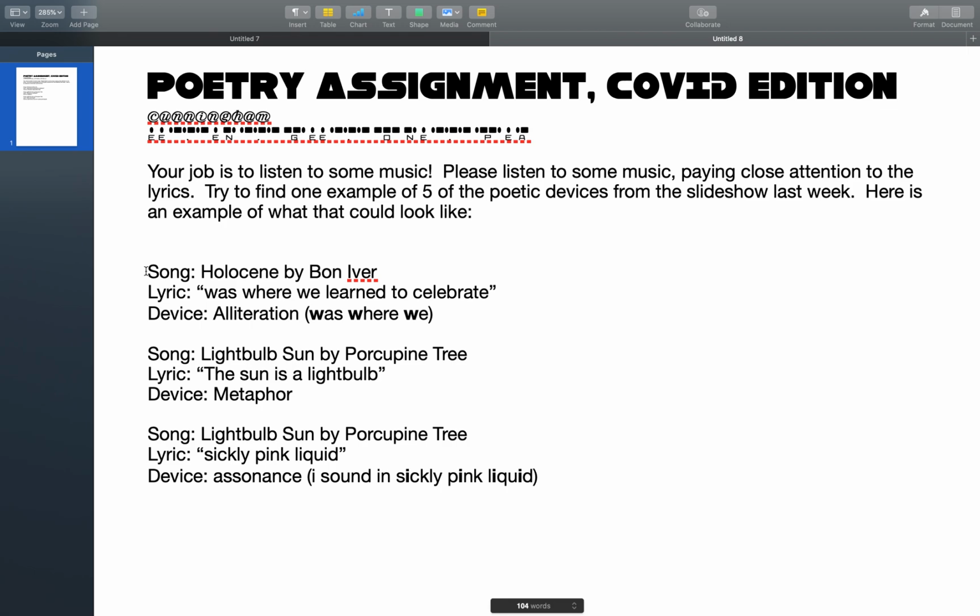But you can see I've got 3 examples from 2 songs there. Once you're practiced at this, you'll start to notice these things more often. But for now, I think trying to find one example of 5 of the poetic devices is a good start.